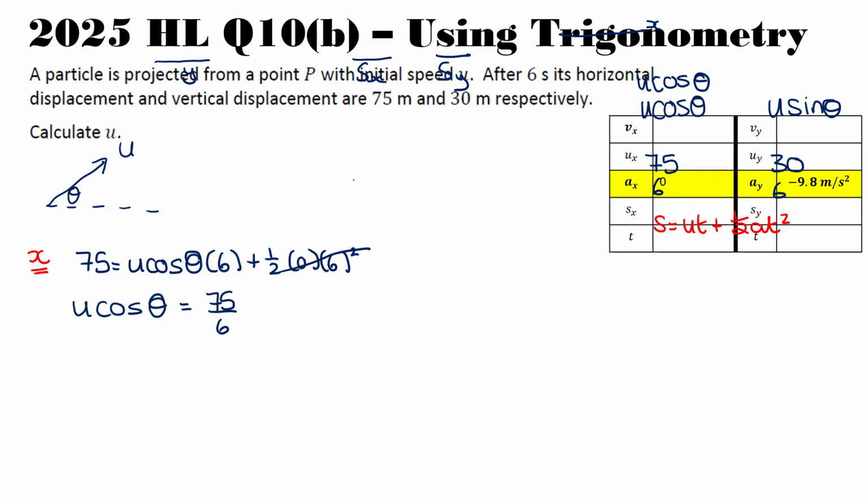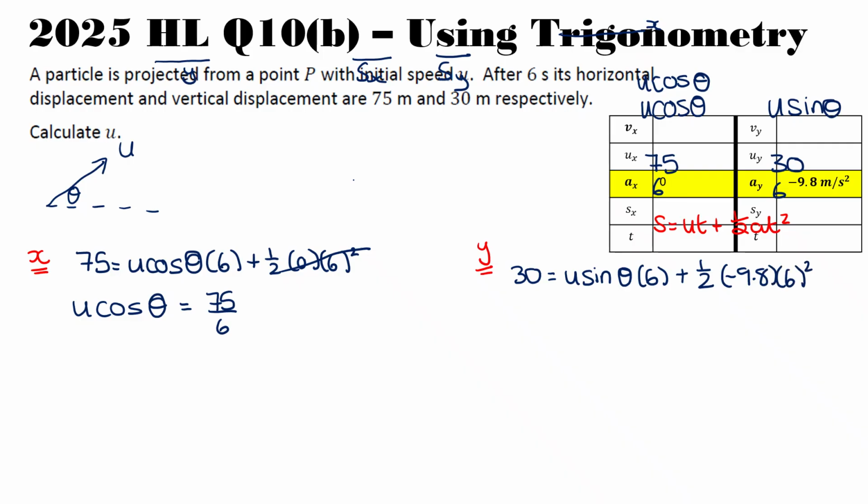Then if we work in the y direction, we have S, which is 30, equal to u sine theta times t, which is 6, plus a half times minus 9.8